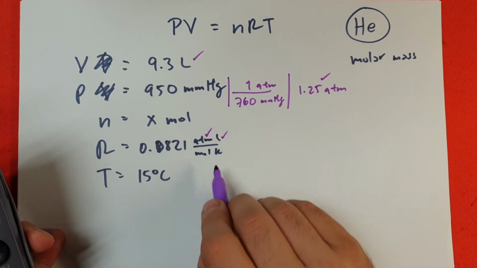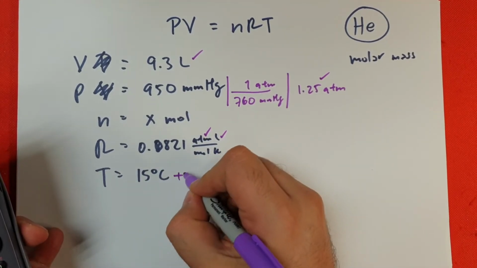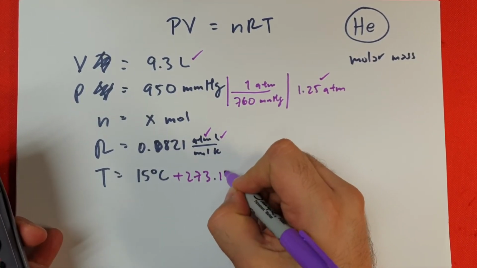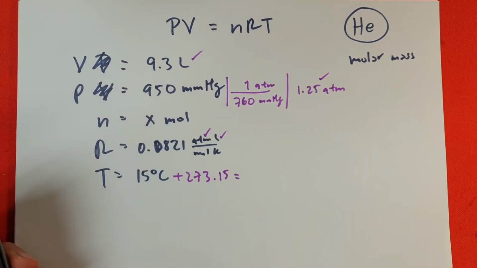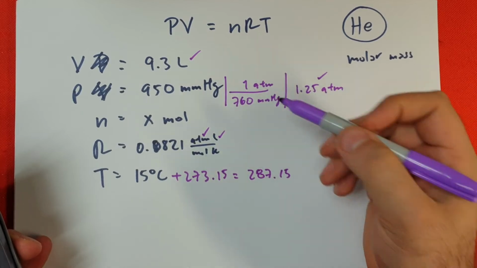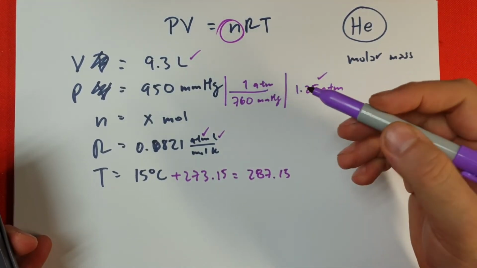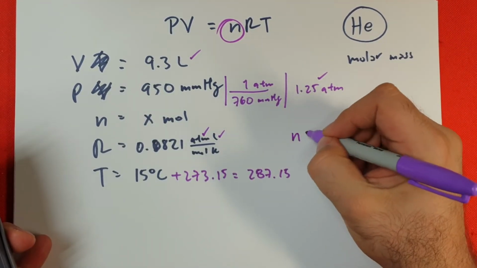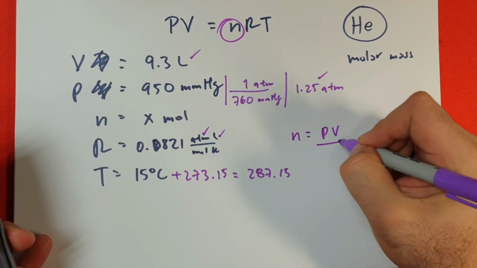Moles is our unknown. Kelvin, this is not in Kelvin. We need to convert it by adding 273.15, and we're going to get 287.15. Now, since what is unknown is n, once again, we know that n is equal to PV divided by